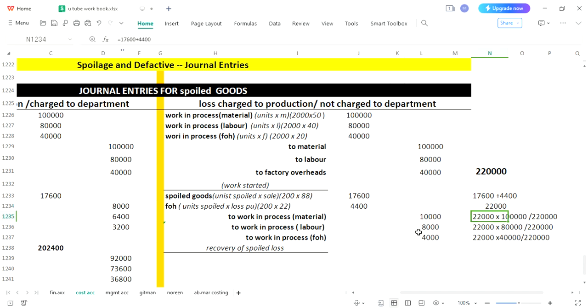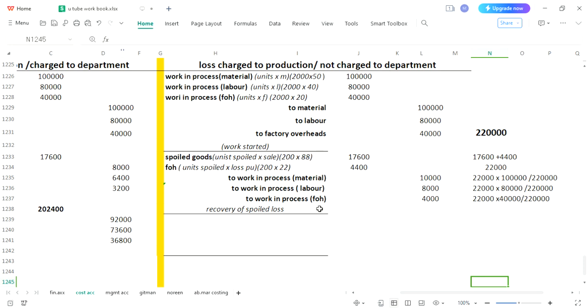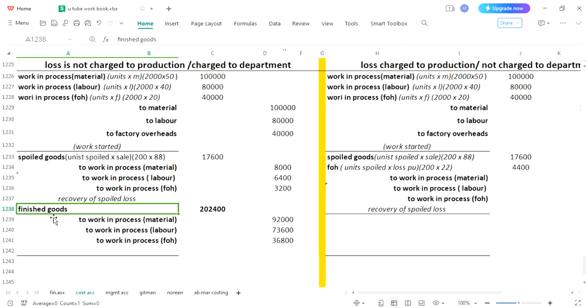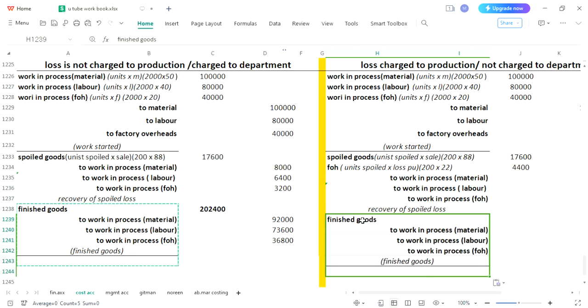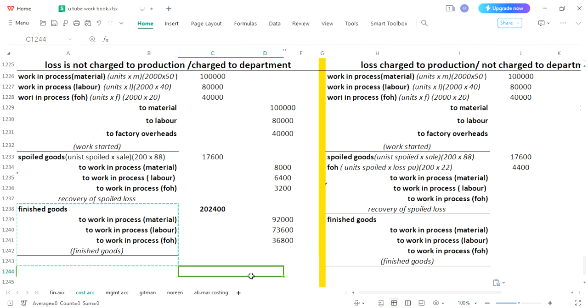It's time to see what we will do in the third entry, and you will be surprised. The same entry we will pick from here. The narration of this entry was finished goods. What you will do, you will pick this entry and this same entry would be posted over here. The good thing is there is no change in the first and third entry. Same wording, but there will be a little change